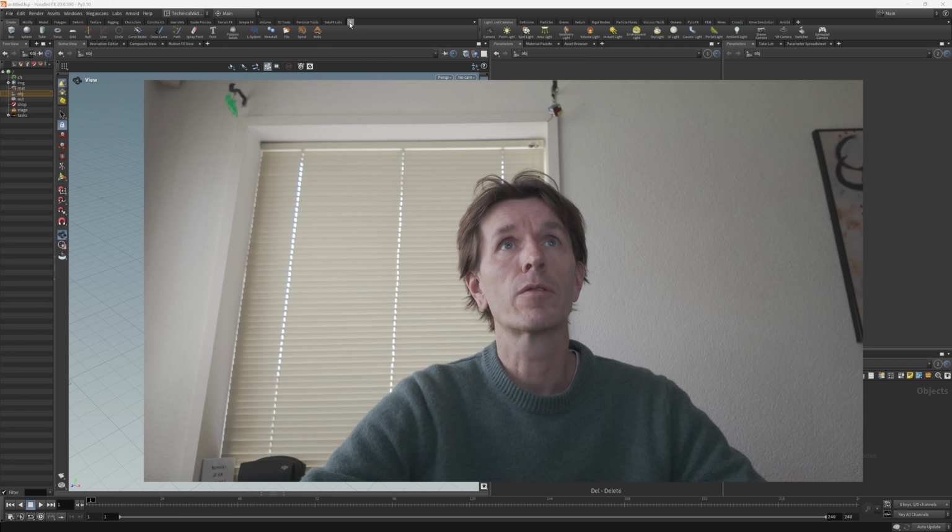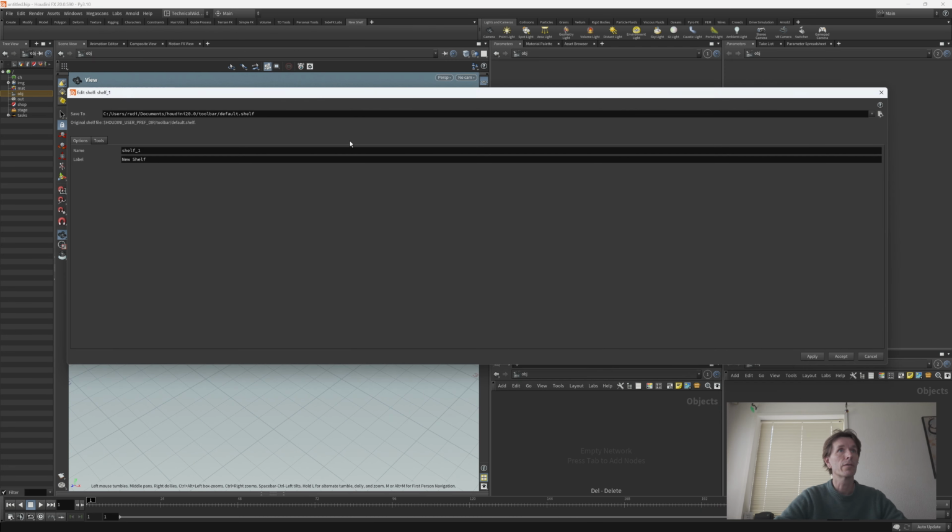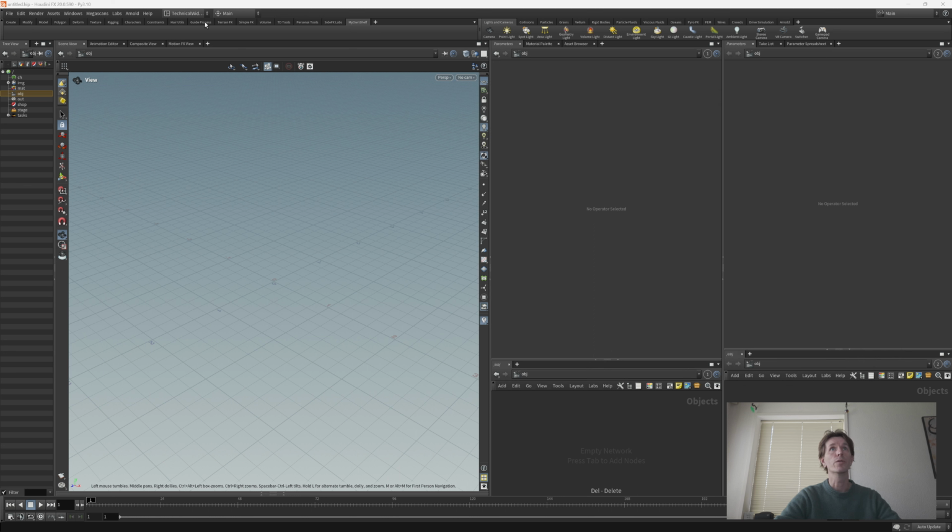And to do this, I'm going to make a new shelf first, and I'm going to give this a nice little name, my own shelf. I'm going to save this not in the default shelf but in my own shelf, which gets saved in your documents folder, Houdini 20 toolbar. So if I click apply and I say accept, then I will have a whole new shelf over here